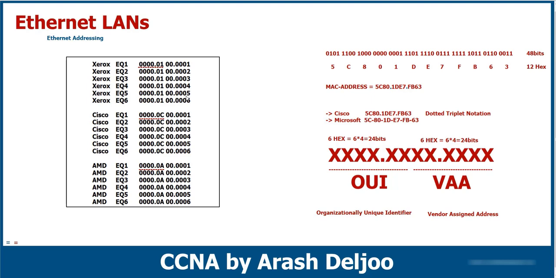This means that with the organizationally unique identifier, we can ensure the uniqueness of these products against the products of other companies. But with the vendor assigned address, we can make our products unique among the other products of our company. Okay, this is the function of the OUI and vendor assigned address. When you are creating